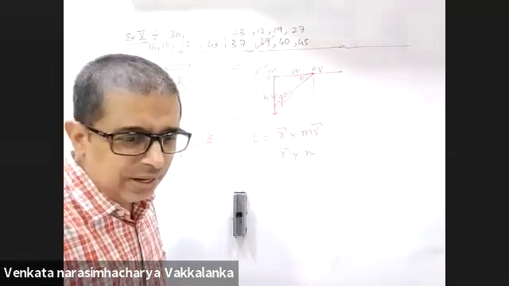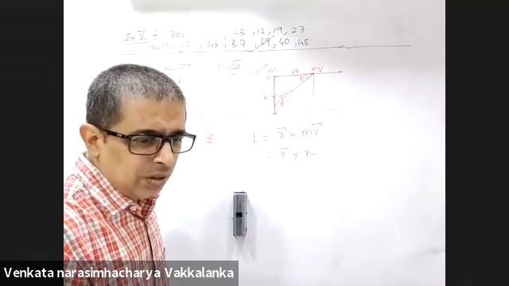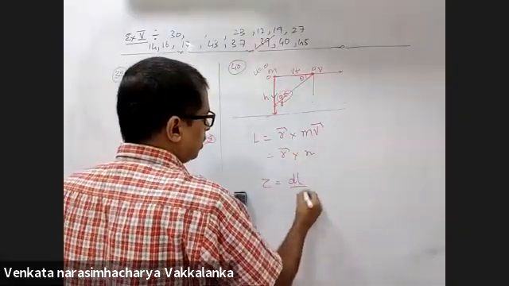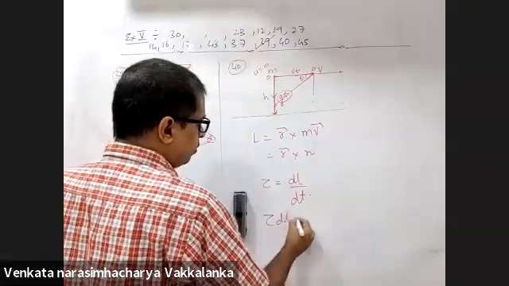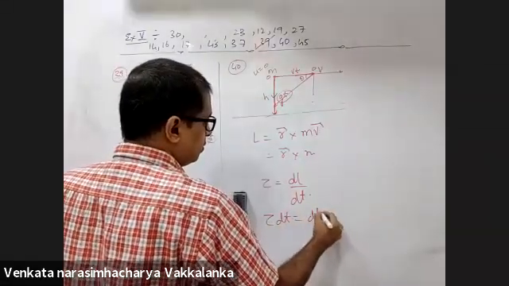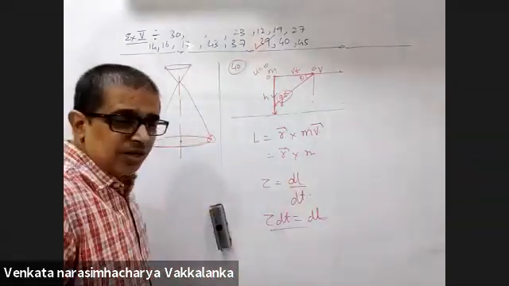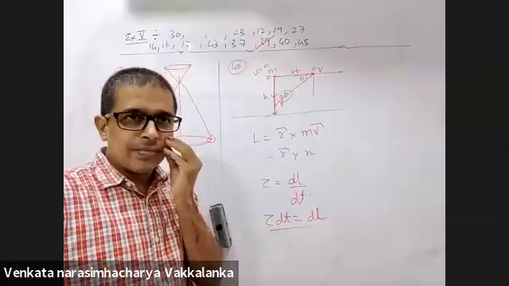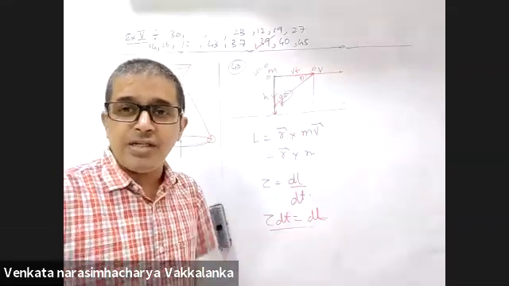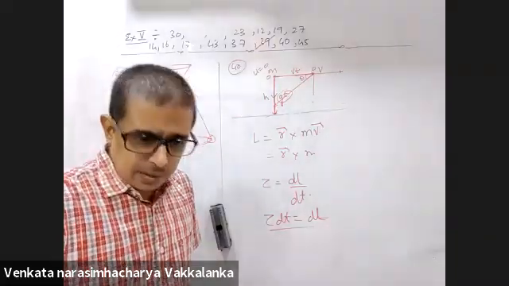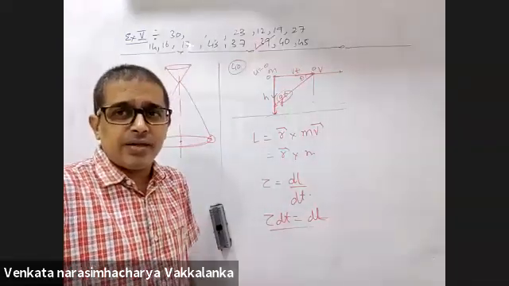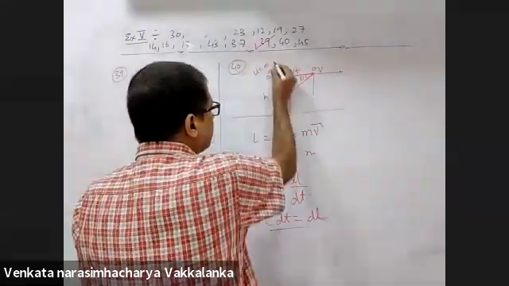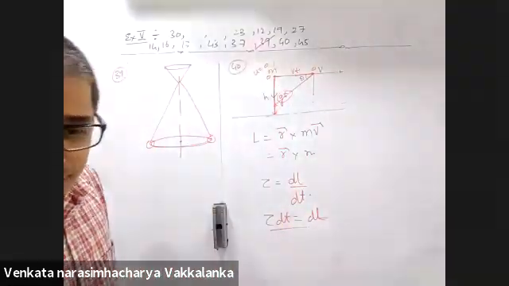Find out the torque. No, you are calculating angular momentum. But torque will be varying, right? Because the distance is changing. Torque is dL by dt. Torque into dt will be dL. Okay, sir. Torque is mg. What is the answer given? So the torque will be varying, right? mg into vt. No, the distance will be varying, right? r perpendicular. Sorry. Extend this. Think for a second.